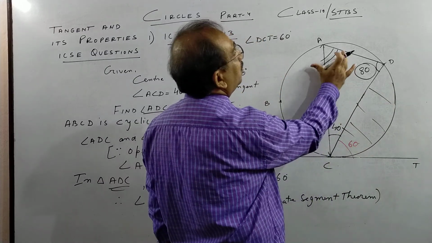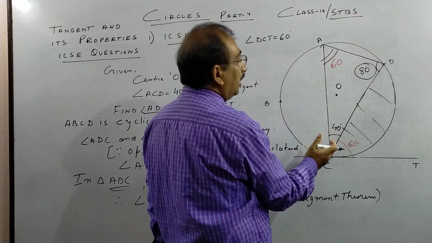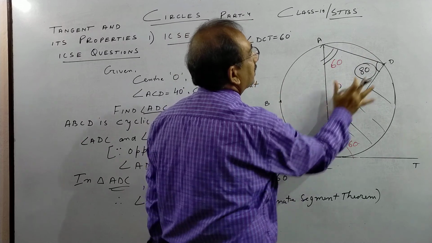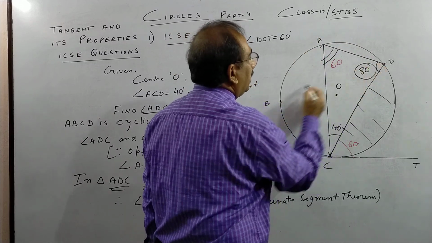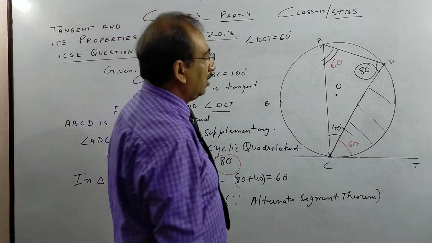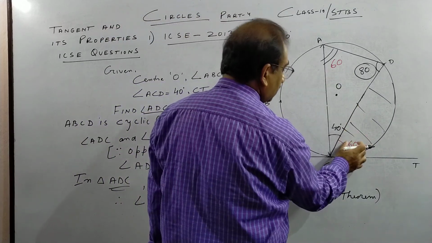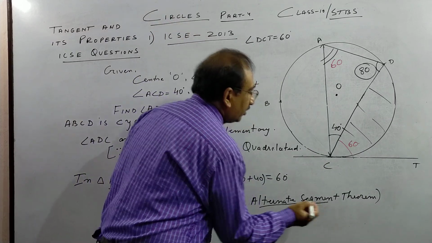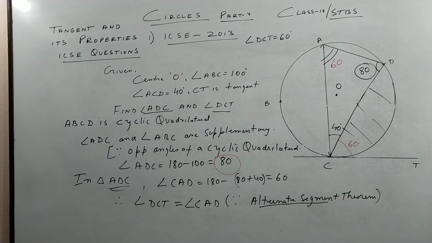So this is equal to the angle made by the same chord in the major segment. This is major segment, children. Okay, it can be anywhere, here also. See the proof, I have explained the proof also in brief. So this is 60, this is 60, this is 60. So very important theorem without which you cannot do many sums. So kindly pause the video and copy, then we move on to the next question.